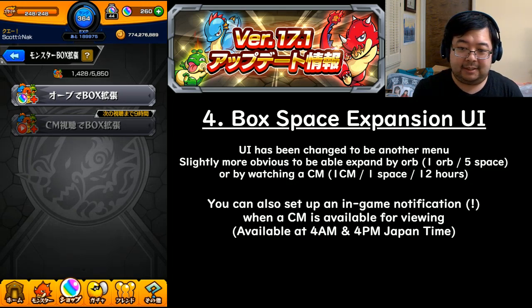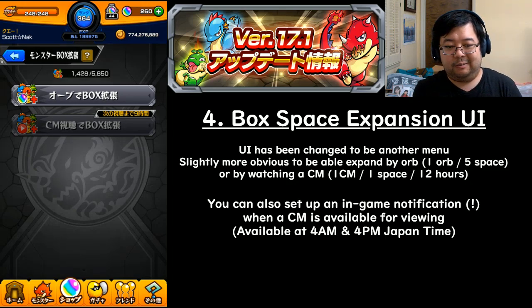1 orb to expand by 5 spaces, or you can watch a commercial to increase your box space, which is 1 CM per. It's about 20 to 30 seconds, and once you do that, you will get 1 space opened up, and that is available every 12 hours. And the amount of time left will be shown on that top right. It is grayed out right now because I already watched it, indicating that it will be available in about 9